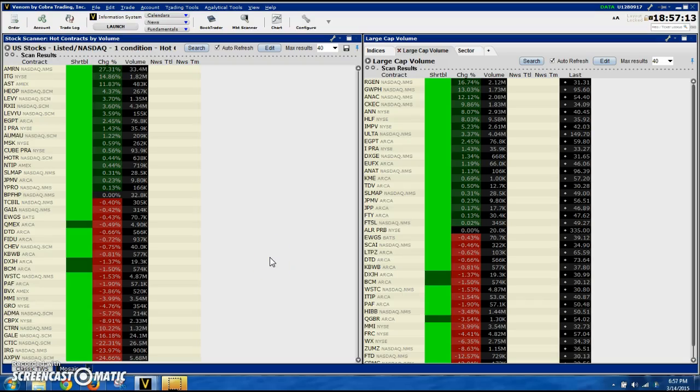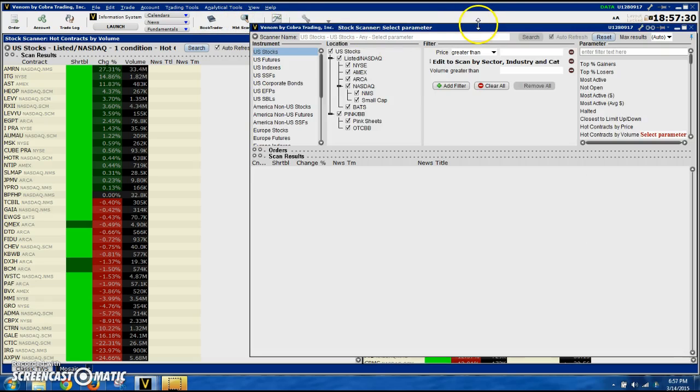This is video number 2 of the Interactive Brokers platform introduction, and in this video I'm going to go over how to scan the market, or how to use a market scanner on Interactive Brokers. The 3 buttons from the last video that are left are the Book Trader, Market Scanner, and chart. We're going to click on the market scanner and it will bring you to this